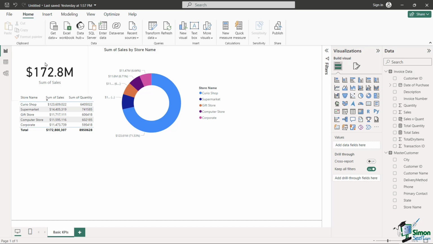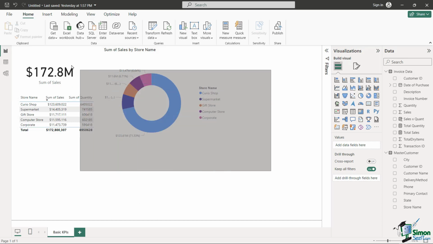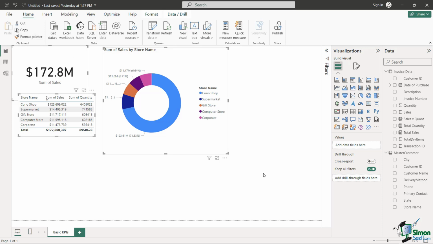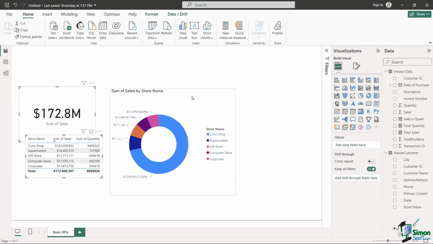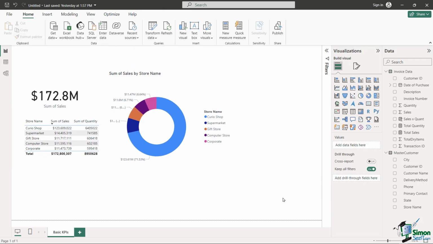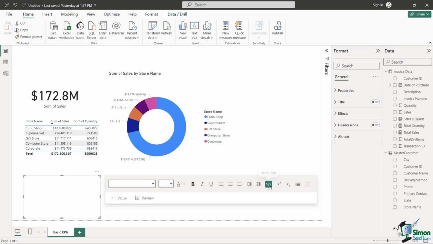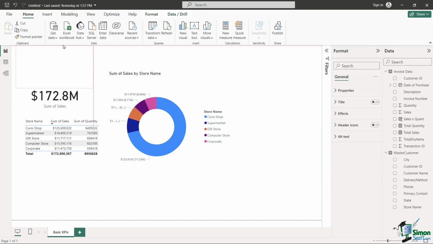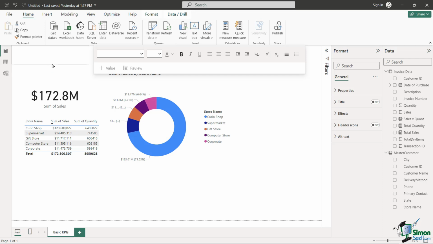And then up on the top here, I'd like to put a title for the whole thing. So what I'm going to do is just marquee over everything here and just drag it all down just like that so I can have a title. Well, Power BI allows you to put in a text box. So within the Home tab, what I'm going to do is just very simply click on Add Text Box. And you're going to see it's just going to pop in wherever it pleases. I'm just going to go ahead and drag that up by clicking and dragging, and then I'm just going to make that a little bit smaller. And just very simply, I'm going to say Sales KPIs